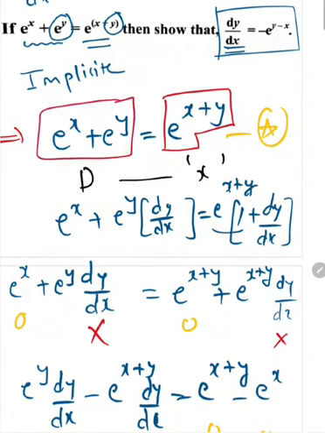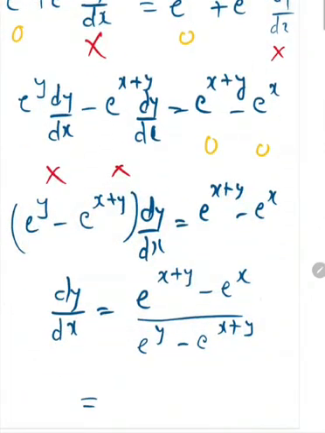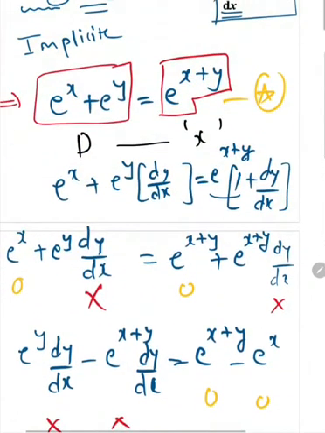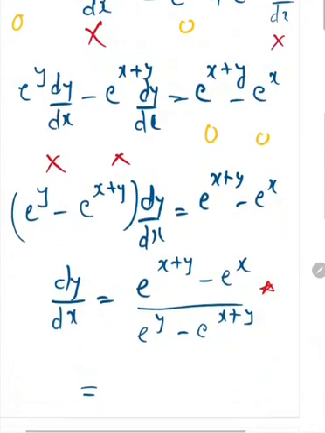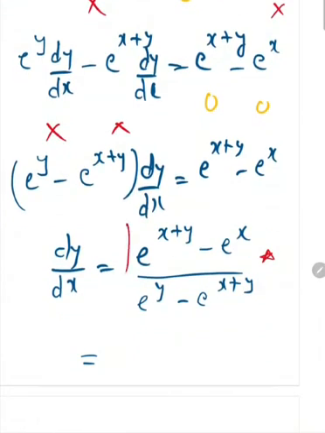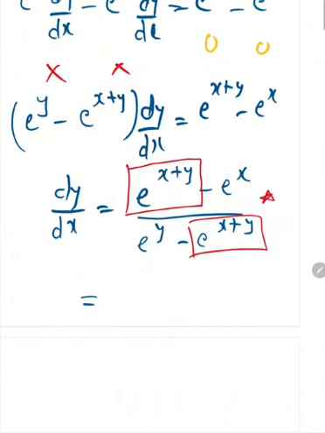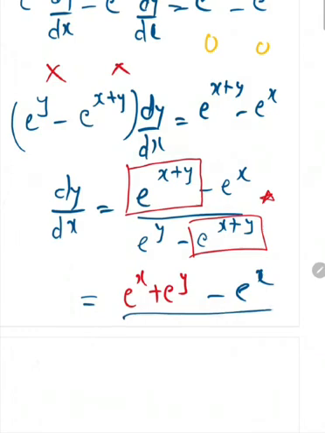This is the star information, because if you observe, right now my dy by dx is this, which is not near to minus e to the power y minus x. So I need to do some simplification here. I'll substitute the value of e power x plus y in the numerator and denominator using the star information we discussed in the beginning. So e power x plus y I am going to write as e power x plus e power y. This minus e power x remains as it is, everything divided by e power y minus, again inside the bracket, I am writing because there is a minus sign.